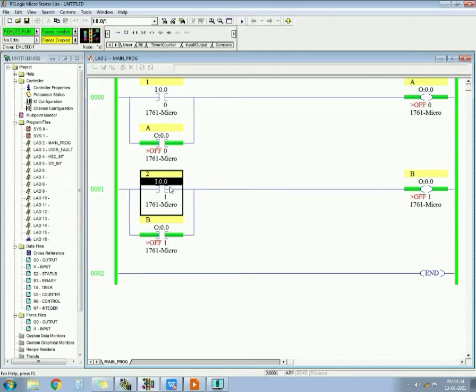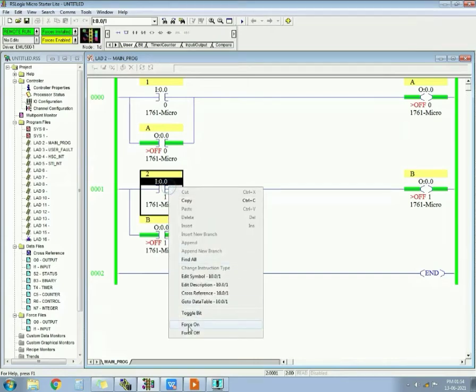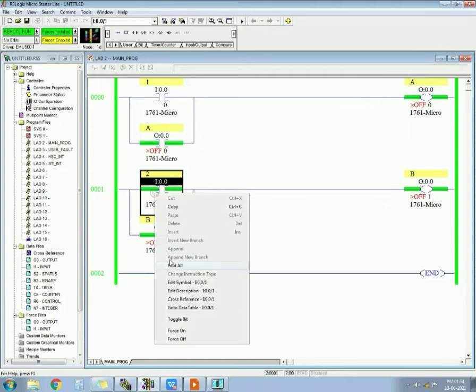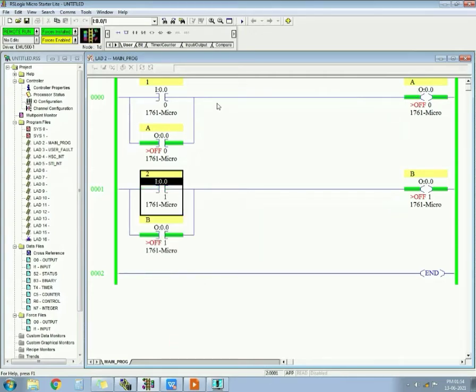So what to do? I will use the NC of the second push button in series with the first push button. Then when we press force on this input, the NC will become NO and it will cut this supply. When I release it, it will become NC again and can be used again.